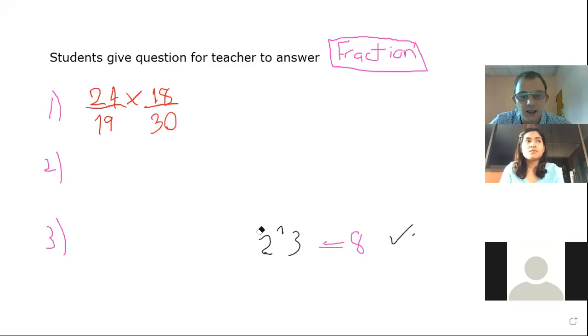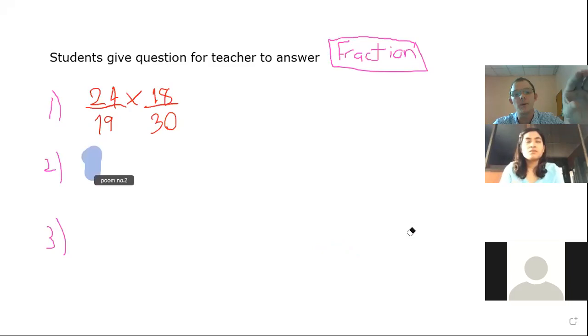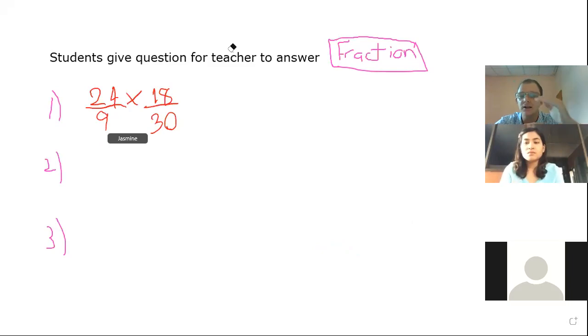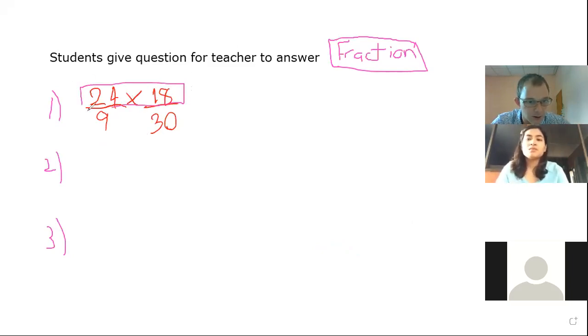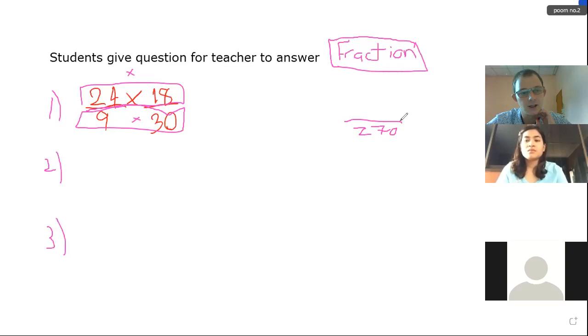Let us start. If you get a problem like this, and you might get one that has double-digit numbers, the best way for you to do it is write it underneath each other. So we know by the rules, the top part here we have to multiply, and the bottom we have to multiply. So the bottom is very easy. The bottom is 270. That's very easy. But the top part,